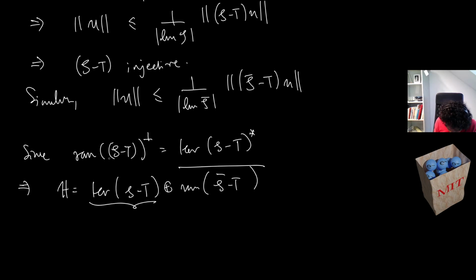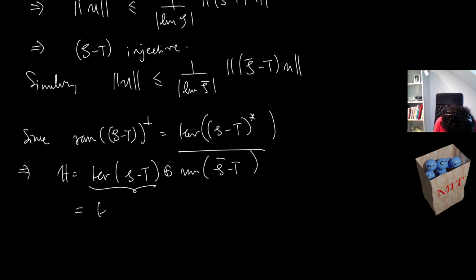Because the range of zeta minus T annihilated is equal to this. So now if we annihilate this again, we have the closure of the range of zeta minus T, okay? And this is again equal to the kernel of zeta bar minus T plus the range of zeta minus T closure,